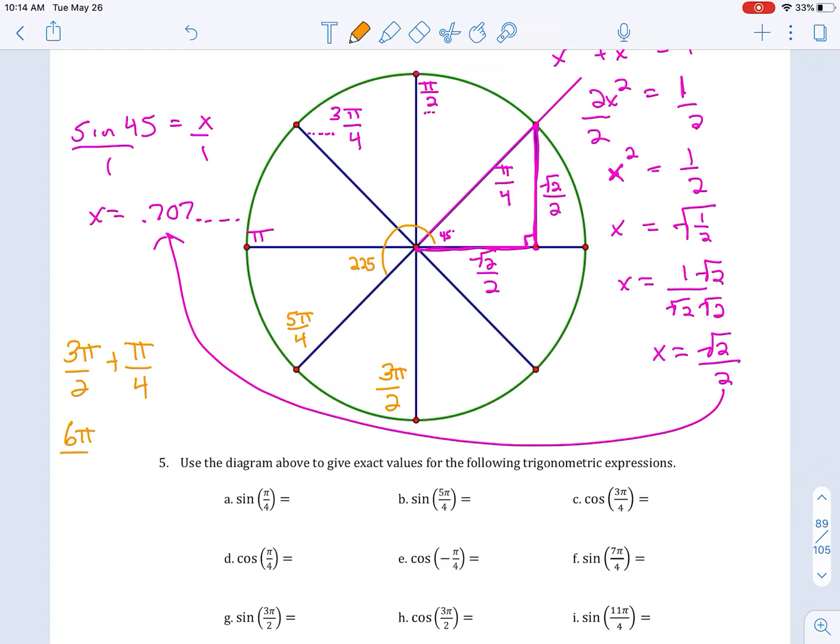And give us a common denominator here, which is going to give us 6 pi over 4, which is going to give us 3 over 2 pi,